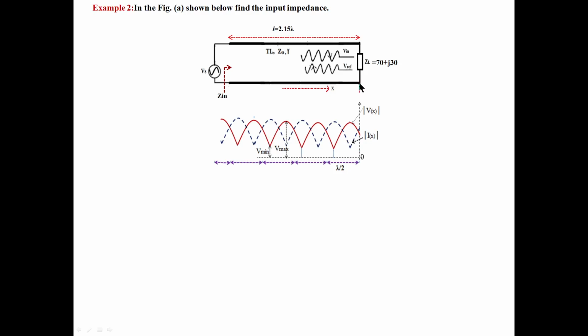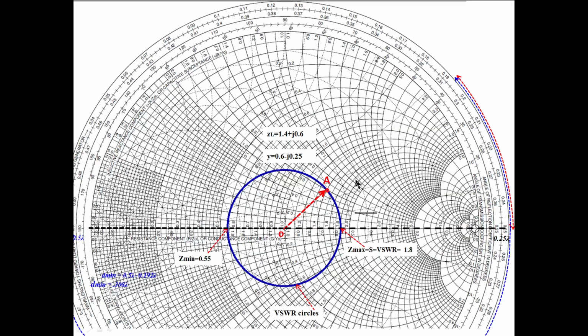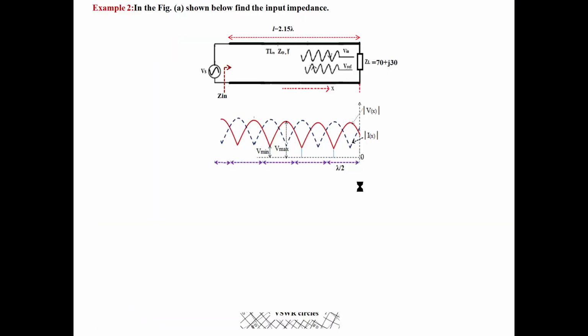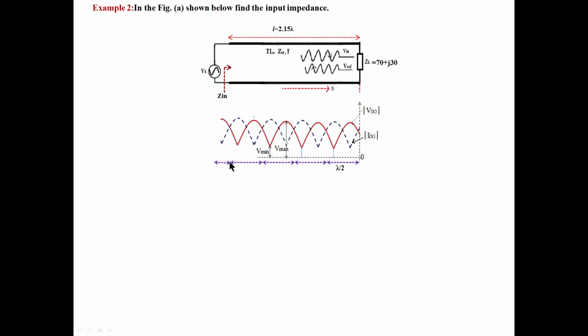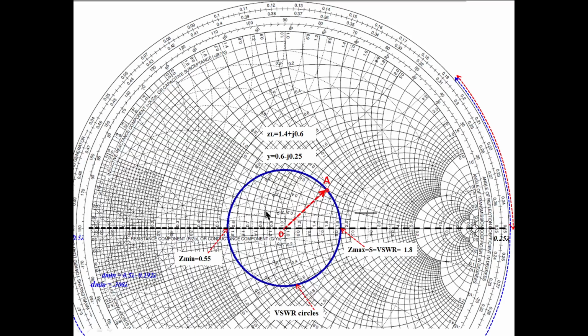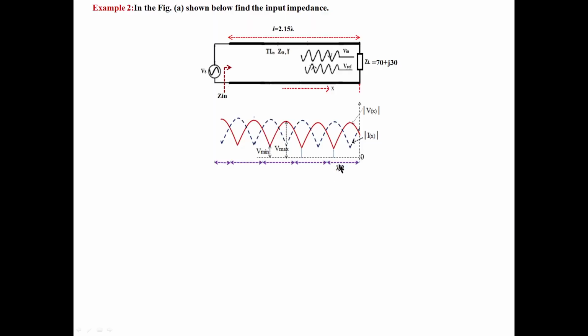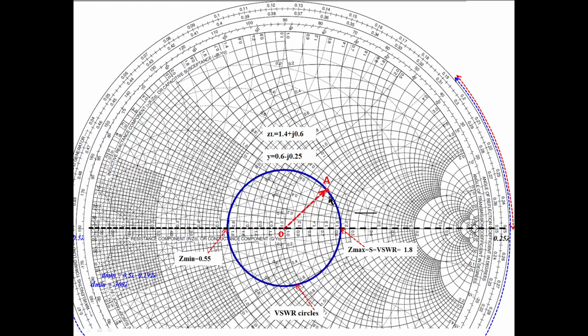What we are doing is moving over a transmission line like this. Nothing but it is moving on a VSWR circle like this. But only lambda by 2 distance we can travel. You start from here. We should traverse 4 times, then we will be coming here. After completing 4 times, again the same load point will appear. Whatever the load here, it will appear again here at lambda by 2 distance, and the same value again appears here. That means we are again here.